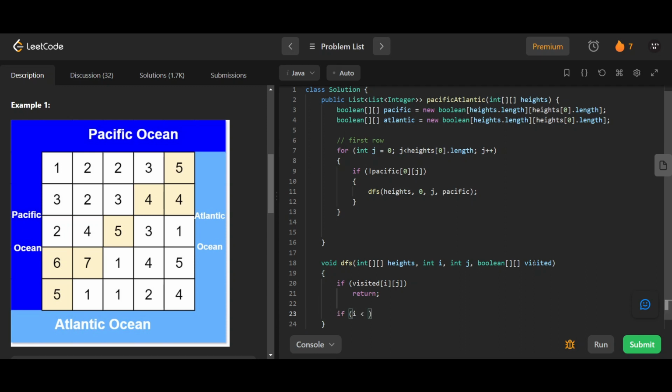Or other things are also there. If i is less than 0, j is less than 0, i is greater than or equal to heights dot length, j greater than or equal to heights dot length. What else could be there? My water cannot